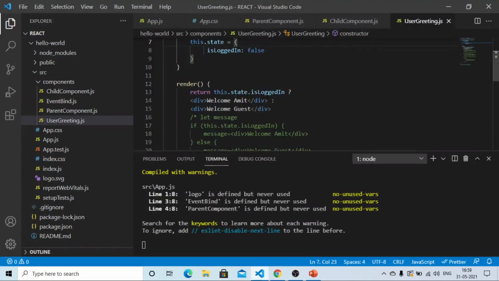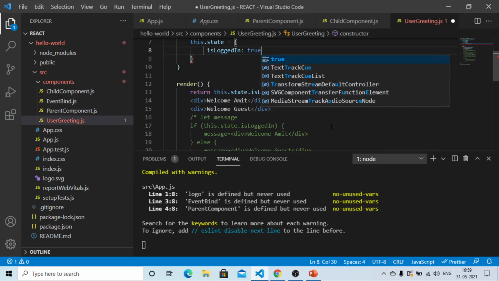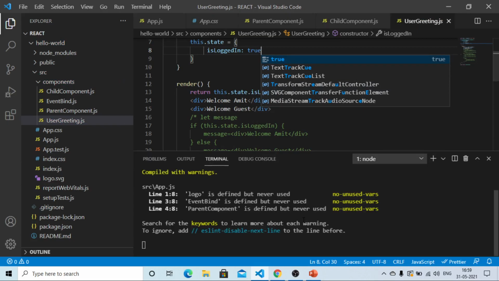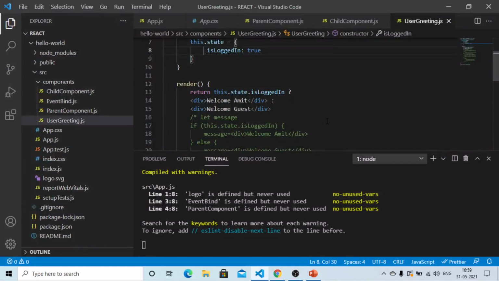Now if we change this value of the isLoggedIn property from false to true, the message welcome Amit should be rendered in the browser. So as we can see, the welcome Amit message has been rendered in the browser. So this is the third approach which we can use. Because it looks clean and it looks fine, in most of the cases we are going to use the third and fourth approach.